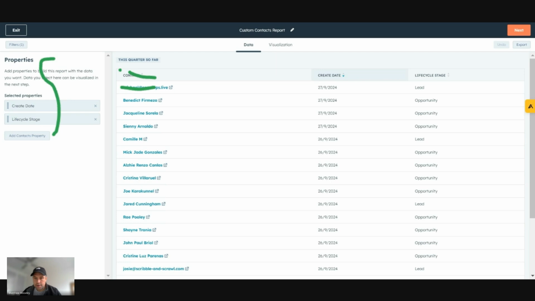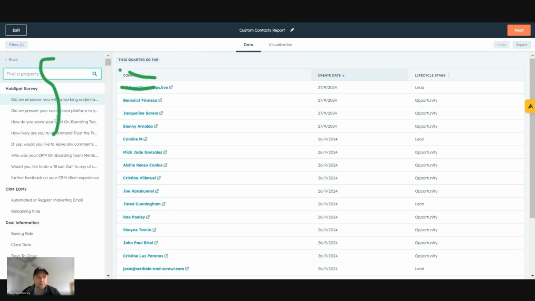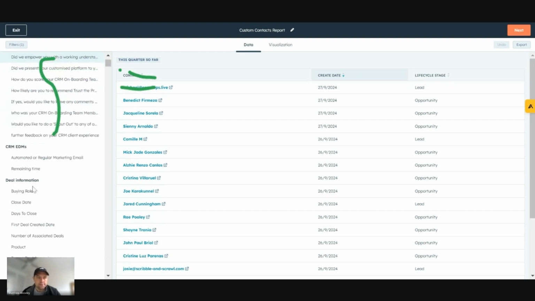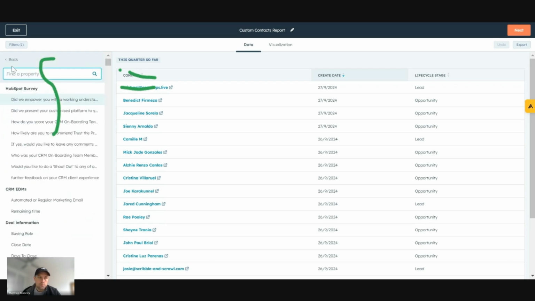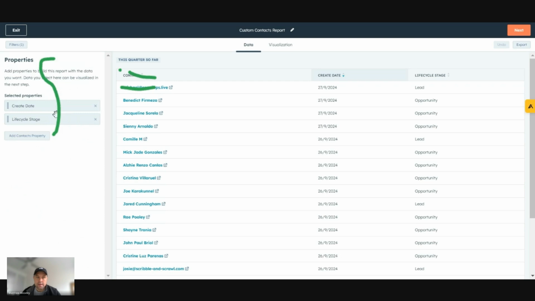So in the first instance, we've got create date and life cycle stage. If there are any additional properties we'd like to add, we can simply add them in. Or if we're happy with the properties we have, we can move forward.